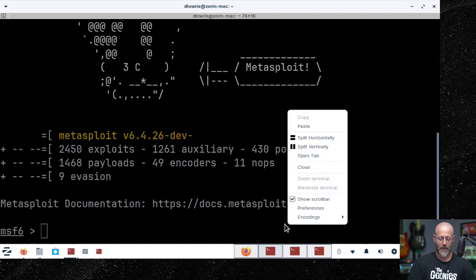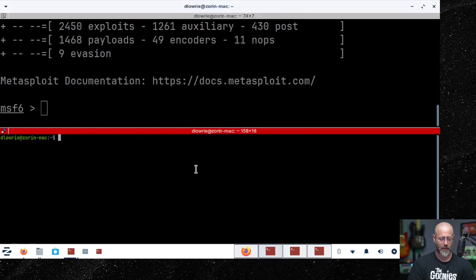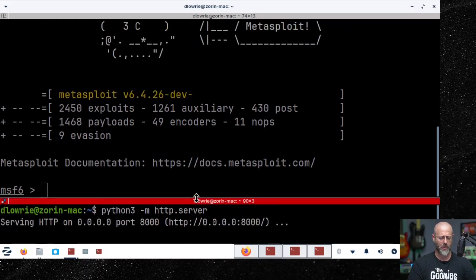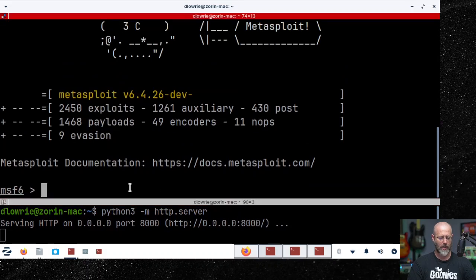What else do I need? I'm going to also split this like that. And I'm going to get that Python 3 -m http.server cooking as well so that I can serve up the payload. I'm just going to kind of bring that down. And from here, we are going to use exploits